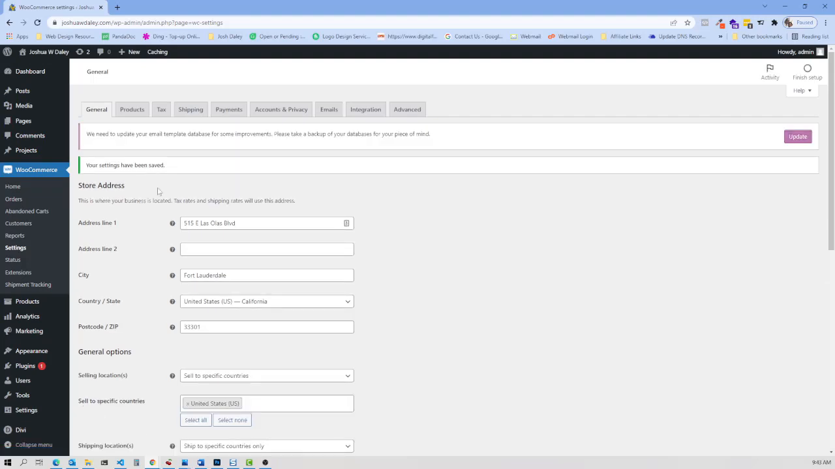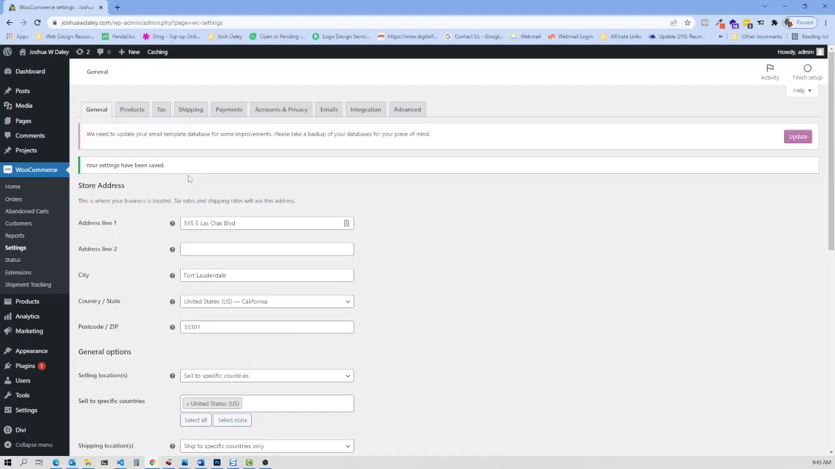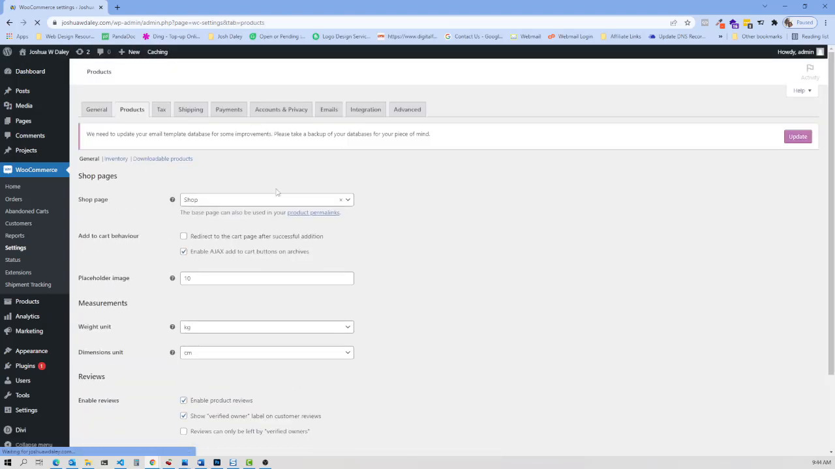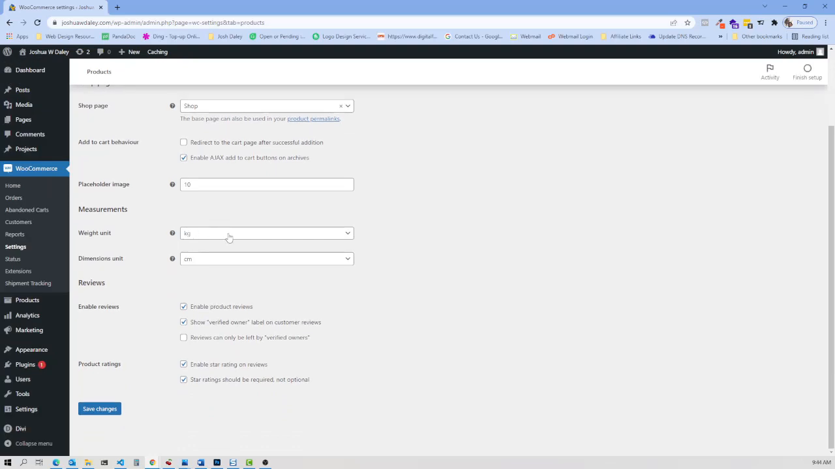All right, now as you can see, when we selected taxes here, it actually added another tab up here, taxes. So we're going to be looking at this later on also. Now, as for products, we are going to make some changes here. So depending on the country that you're in,